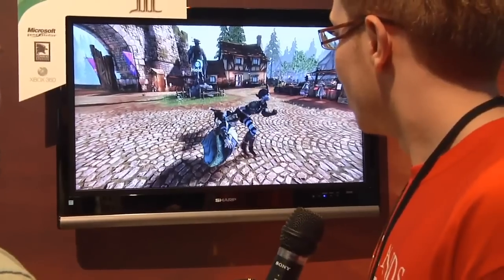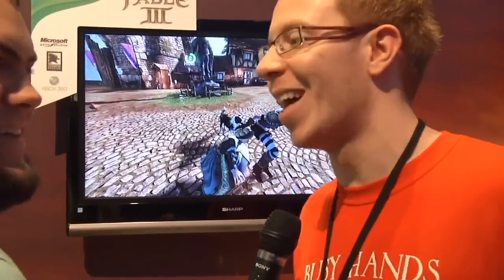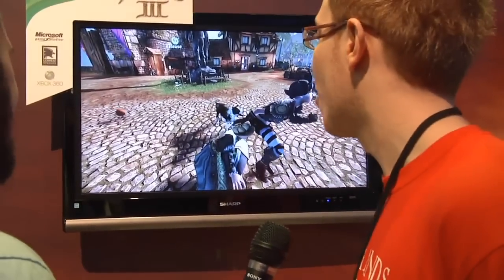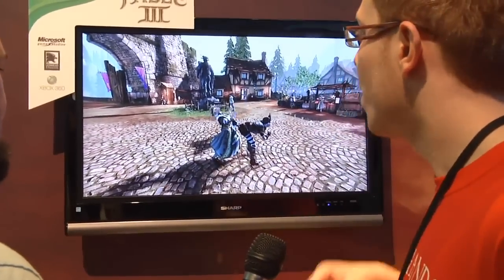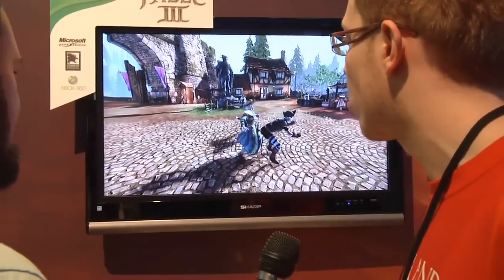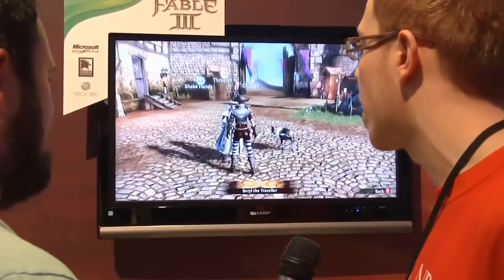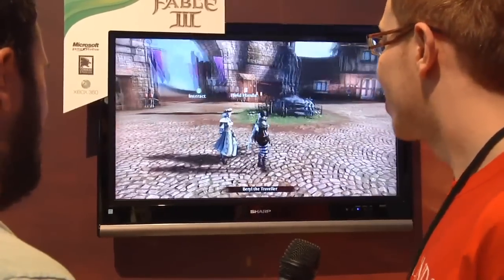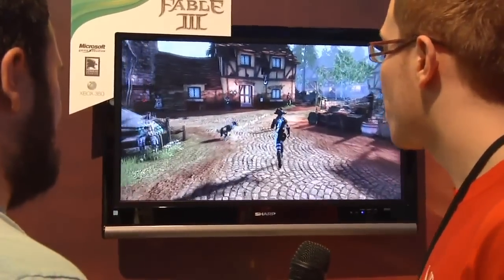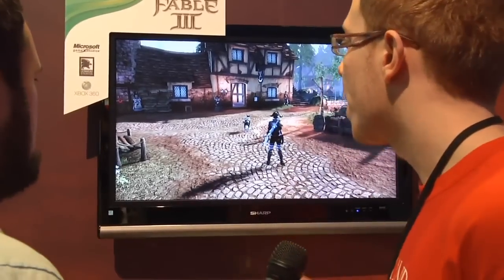So there we go. Whereas Fable 2 was very much about actually doing it to everyone, with Fable 3, we're trying to craft this experience where it's actually about one-to-one interaction. It's actually about making you care about the people that are in your world. Wow, she doesn't look too happy with that. So Fable 3 is really about two major things. It's about making you care about the people that are within your world, and also about making you feel